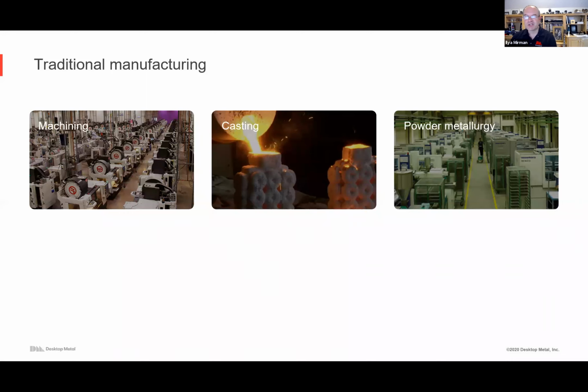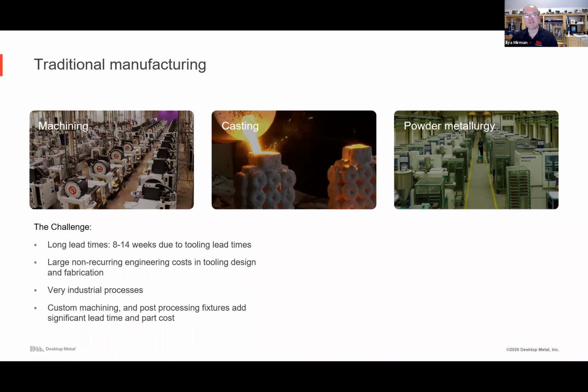You think about traditional manufacturing processes, and really these are machining, stamping, progressive dies, could be forging, casting, powder metallurgy. The challenge is to set up one of these production lines. They're great for once you're starting to mass produce parts, if you need to make not so many different kinds of parts, but there is long lead time to stand up the lines. There's large non-recurring engineering costs in making this tooling, and the processes are quite industrial, and there's a fair bit